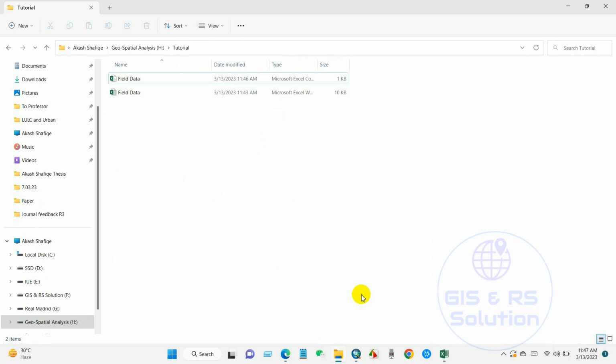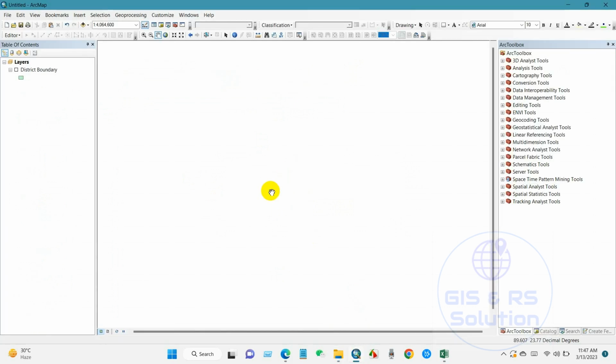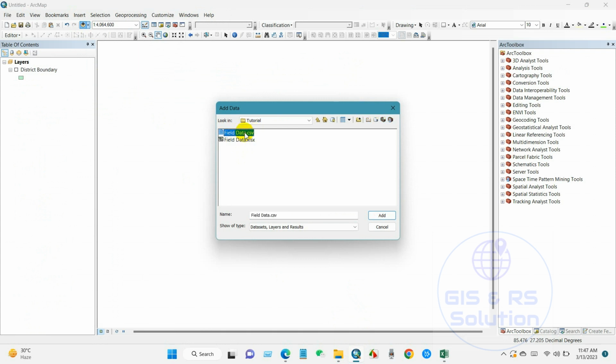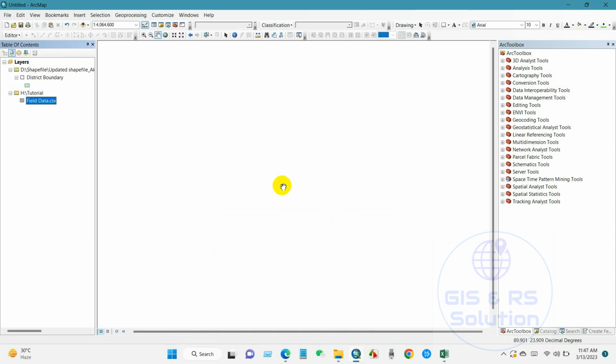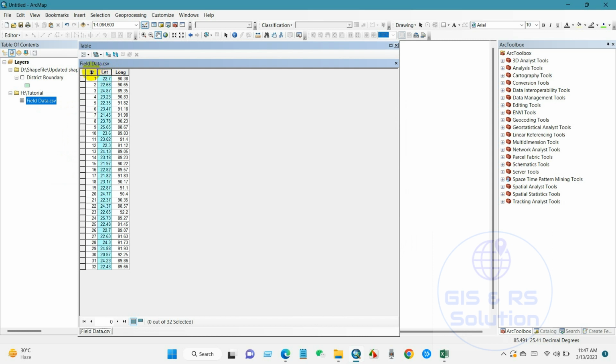and then go to ArcMap, add data, CSV, then add, and if you go to attribute, then you can see our latitude, longitude and ID number of sample,